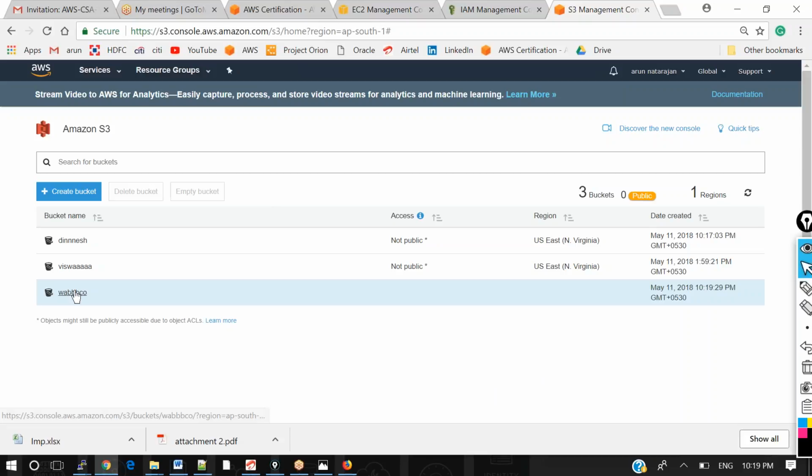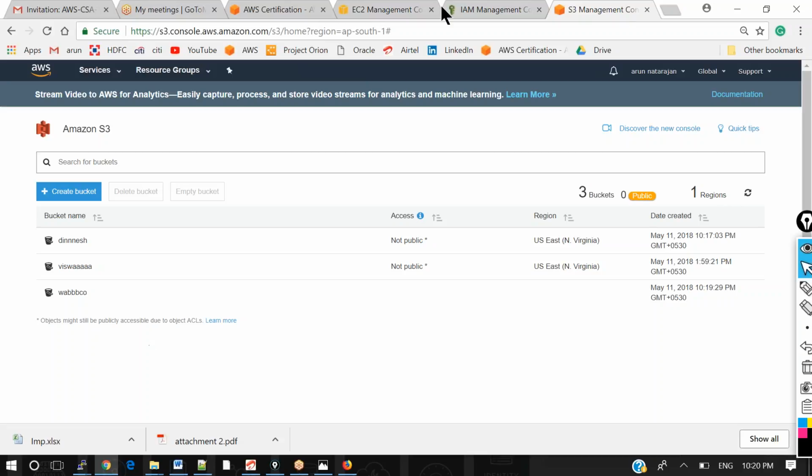Now, when you don't have access from your CLI, can you create a bucket? Yeah, you can create it through the console. Exactly, you're right. When you don't have access to the CLI but have access to the console, you can create it. So either one, permissions will be given by default.